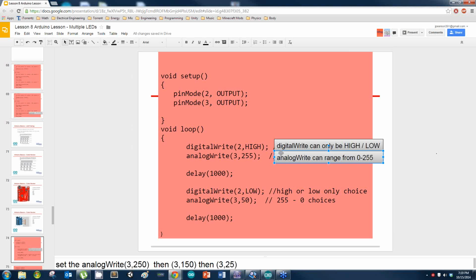No, your Arduino should be plugged in. The only thing you have to do is write this code and upload it. And when you do, what you should see is that both pins 2 and 3 turn on to their highest value for about a second. And then when it gets to this line of code, what happens is the pin 2 goes